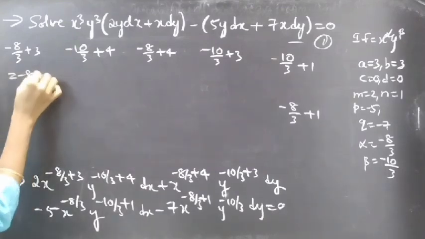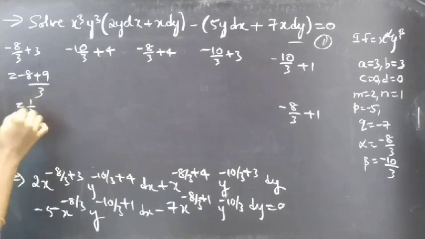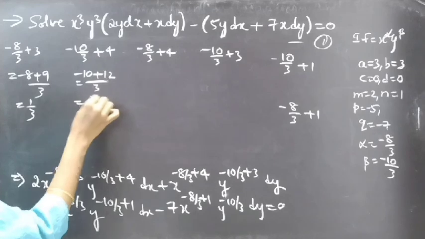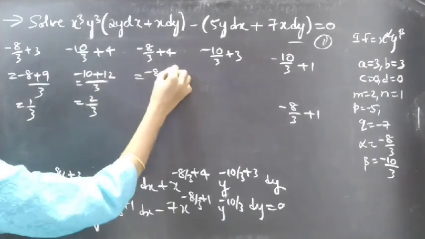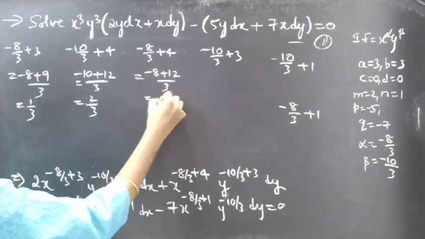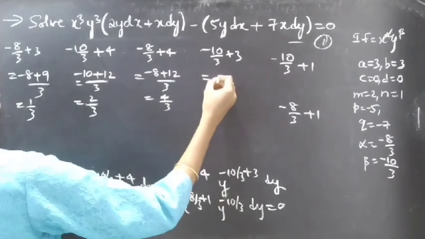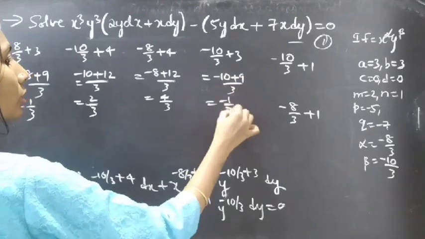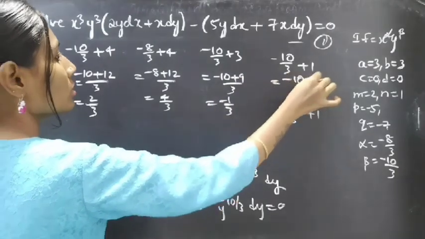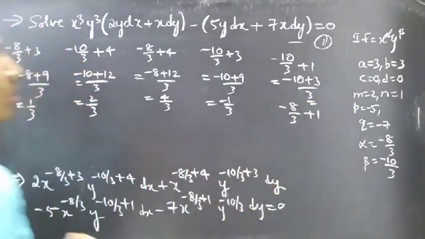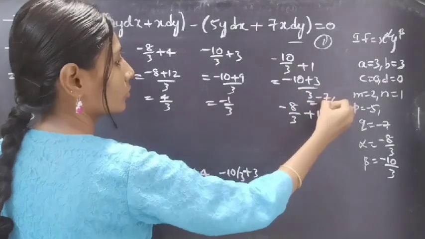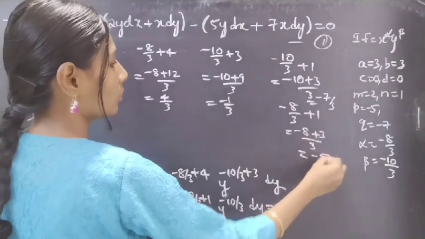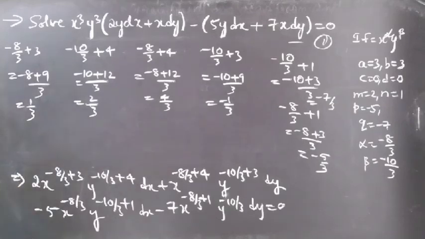We'll get minus 8 plus 9 by 3, which gives us 1 by 3, minus 10 plus 12 by 3, which gives 2 by 3, minus 8 plus 12 by 3, which gives us 4 by 3, minus 10 plus 9 by 3 gives minus 1 by 3, minus 10 plus 3 by 3 gives minus 7 by 3, and here we'll get minus 8 plus 3 by 3, which gives us minus 5 by 3. Okay, then this becomes